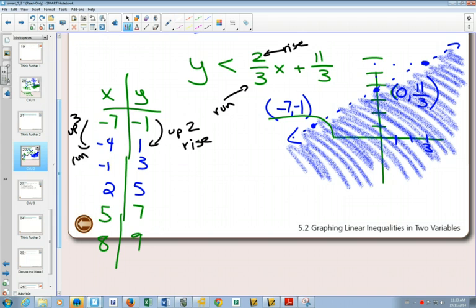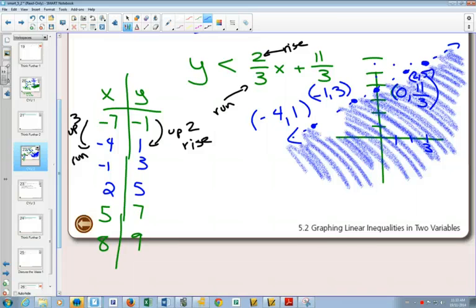Okay? The problem with this question when we graphed using y equals mx plus b, we were already into fractions. It's not wrong to use those fractions, just it doesn't look as nice as labeling nice points. So technically this one's probably -4, 1. And -1, 3 was right here. And 2, 5 would be right there. And those are nice numbers for graphing. Okay, so there's just some non-calculator things, because this would still be a non-calculator question for you to graph and shade. The last example that you guys were working on